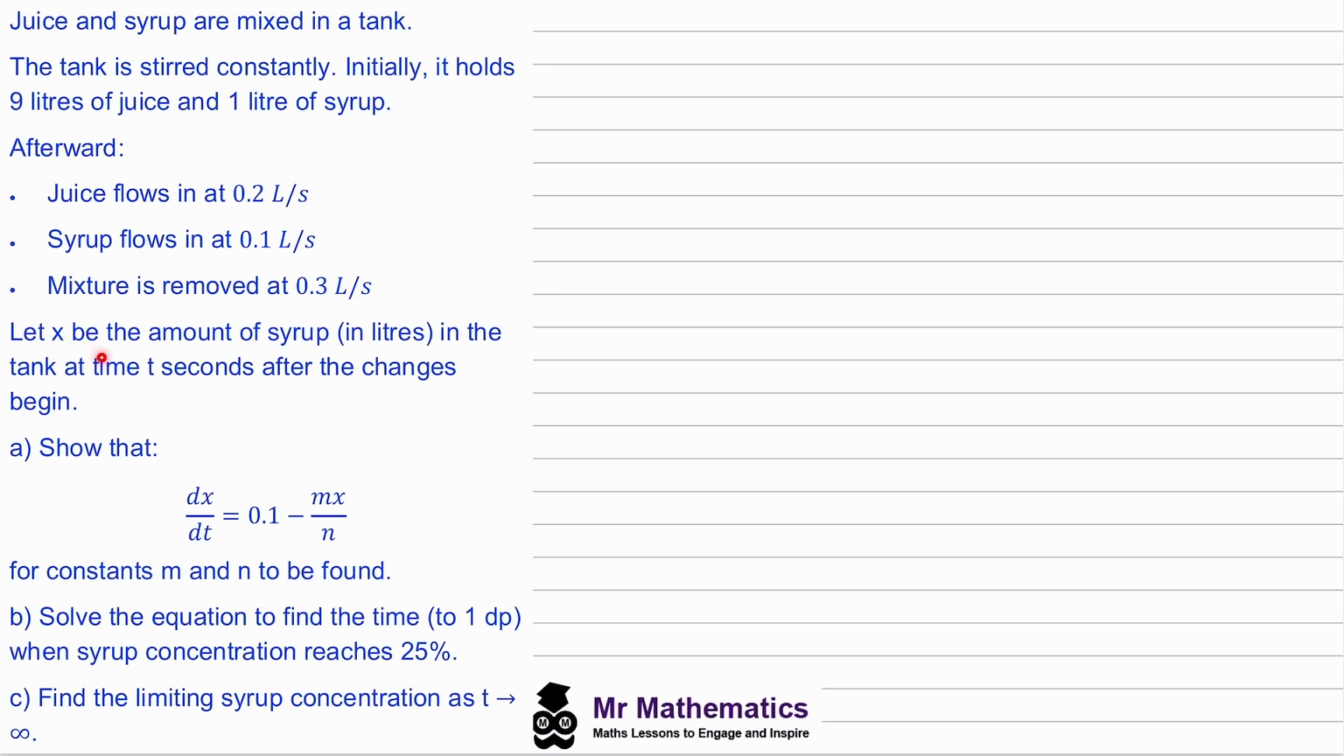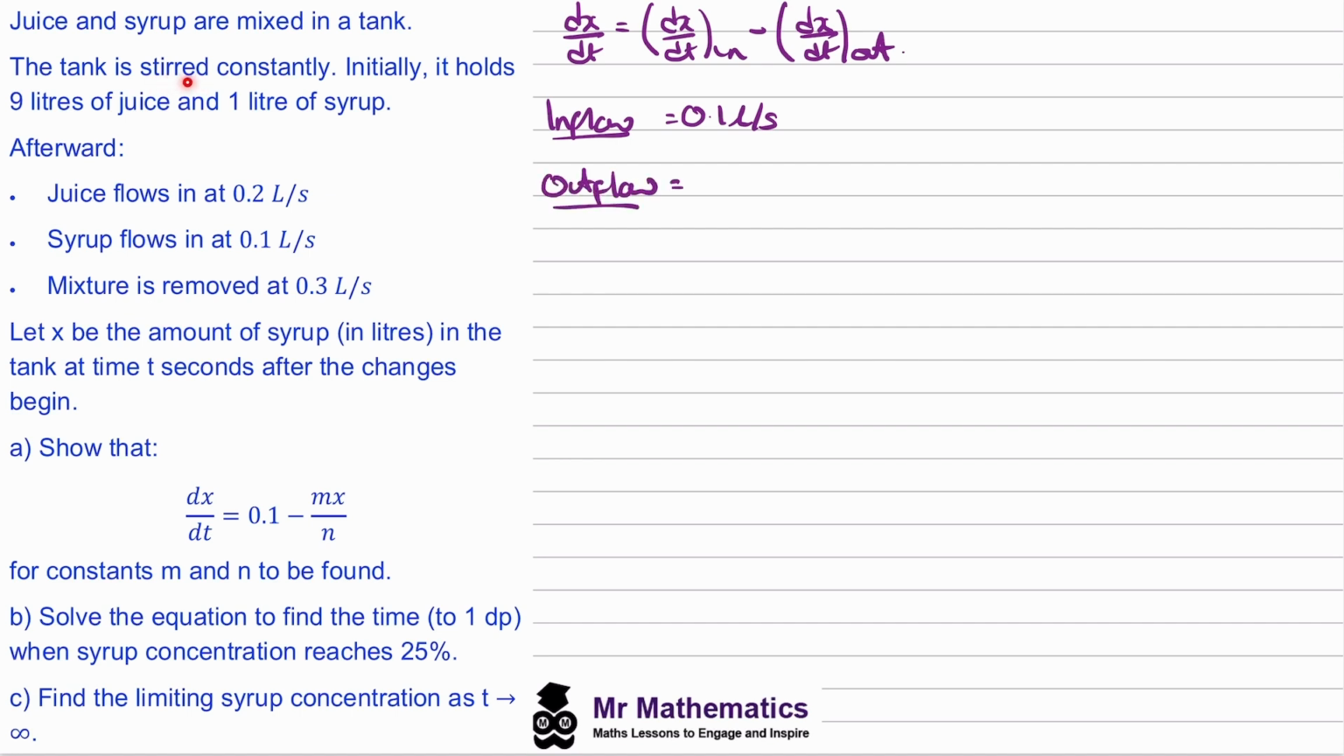So if x is the amount of syrup in litres in the tank at time t seconds, we need to find dx by dt, which is the rate of change of the syrup. So dx by dt will be the rate of change, and this will be the difference between the rate at which it flows in, the inflow, and the rate at which it flows out, the outflow. So the inflow, we're told, is 0.1 litres per second. The outflow,